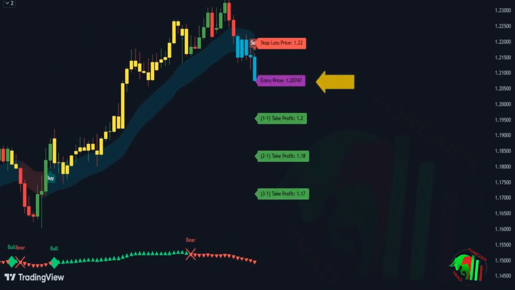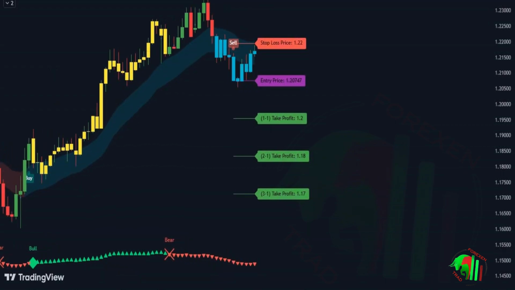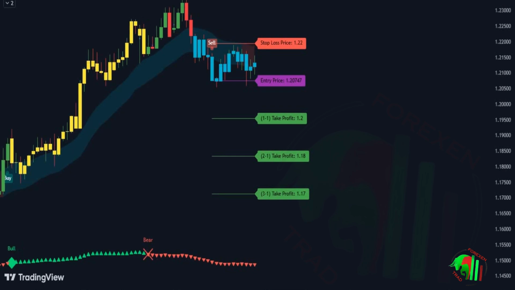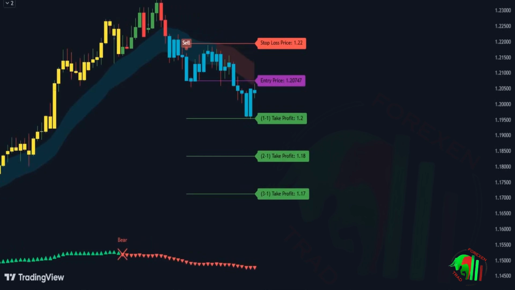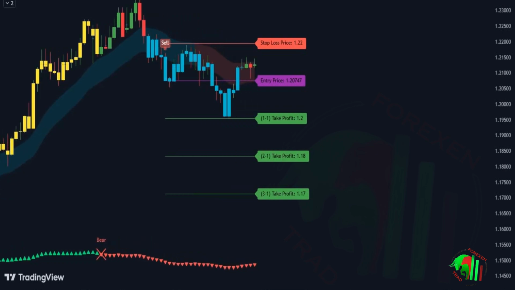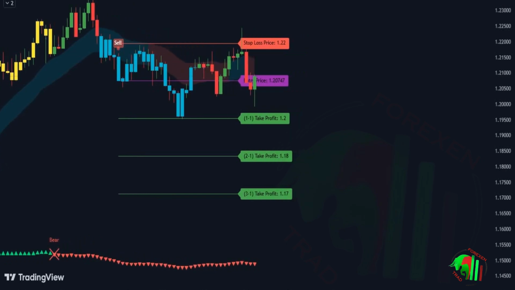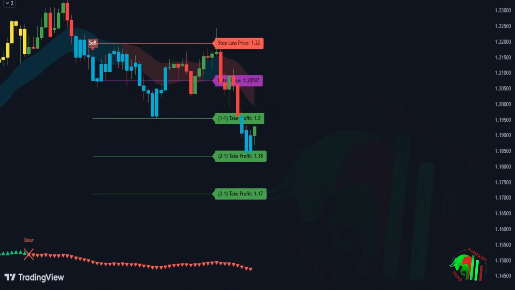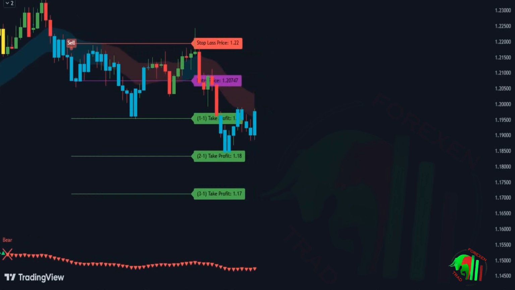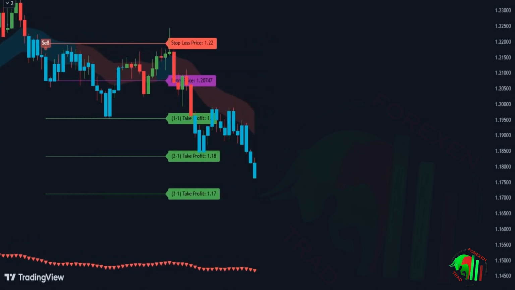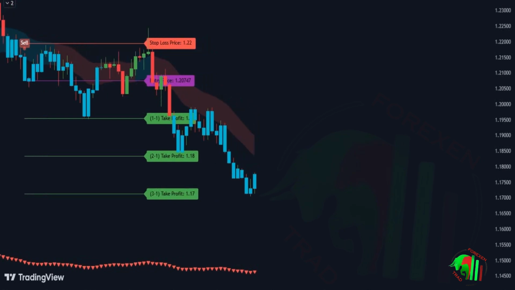We got a sell signal from the trend signals indicator, but it did not match with the easy entry indicator. The cloud moving averages did not change color to red, so in this case, we will not enter a sell trade. It is important to choose trades carefully and with matching signals. By ensuring the signals are in agreement, you can increase the accuracy of your trades and reduce the risk of false entries. Always look for confirmation between indicators before making a decision, as this alignment provides stronger validation for the trade setup.